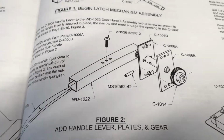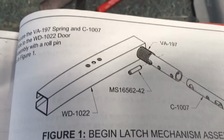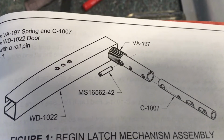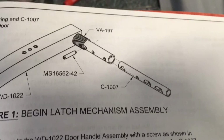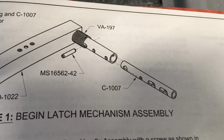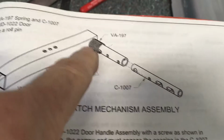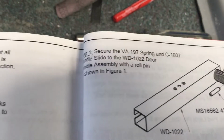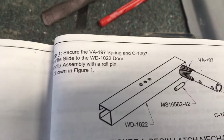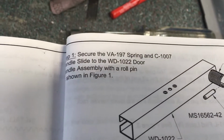Here's a quick tip. I'm working on the latch handle assembly, and I learned this on the first one that I did. When you're putting the spring in here, the roll pin secures the pin on the right there, and the spring goes behind it. The instructions don't really specify anything about it, but they do say in order, kind of, if you read it, that